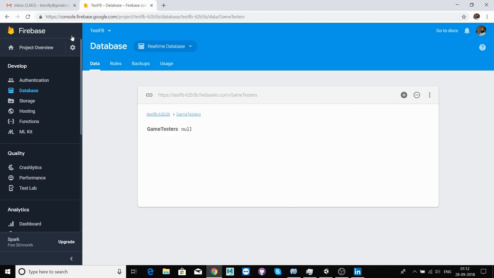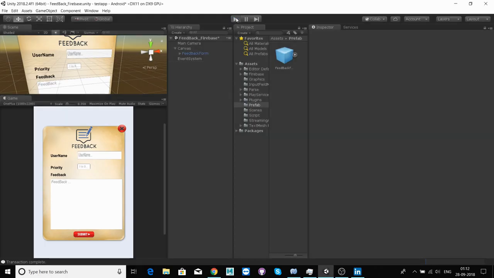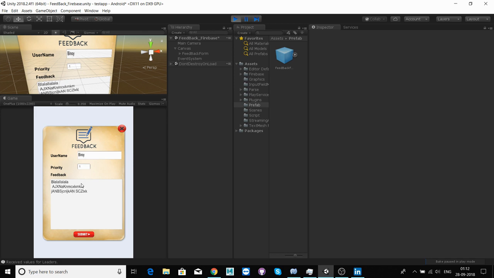Okay, now I show you once again the feedback database, with the name and priority. The transaction is completed,